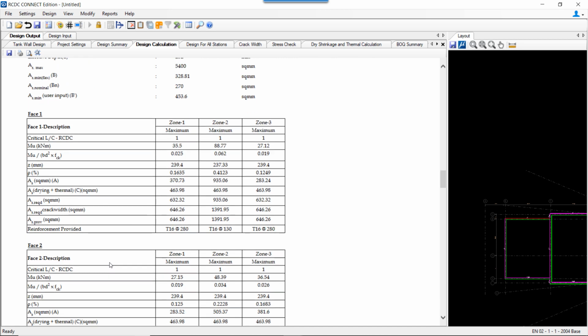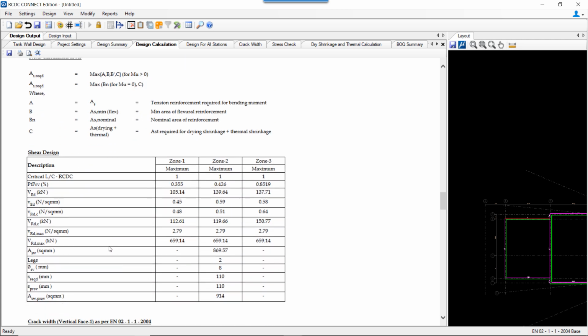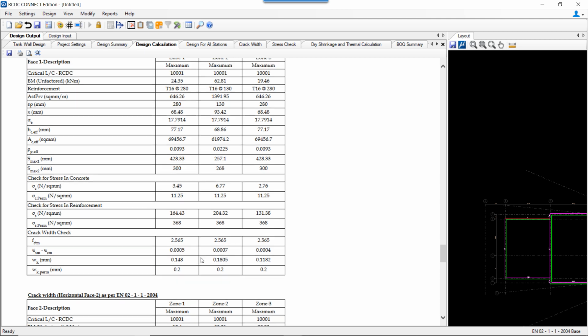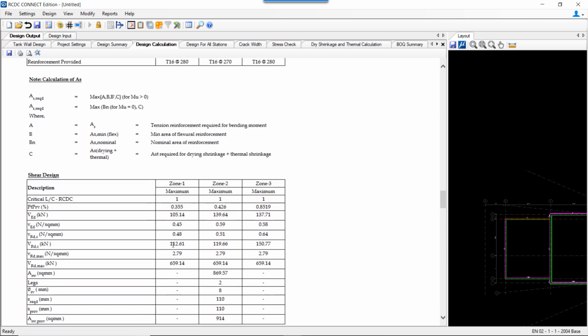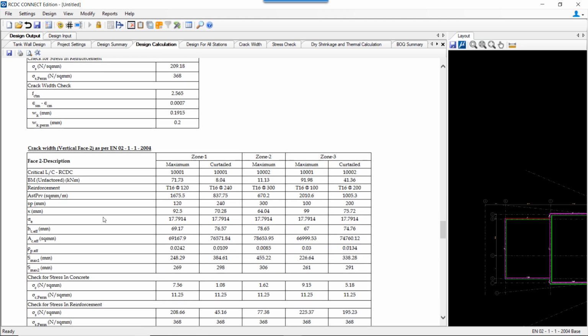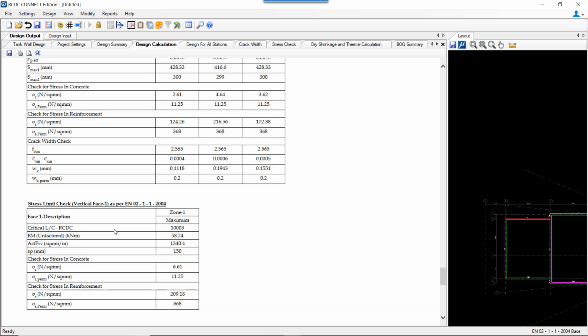Similarly, for the horizontal reinforcement, we have the detailed calculation for both the faces, and the shear design is also performed zone wise. The detailed validation for the flexure design, shear design of vertical and horizontal reinforcement, and for the crack width and the drying and thermal shrinkage is also available on the Bentley Communities website.